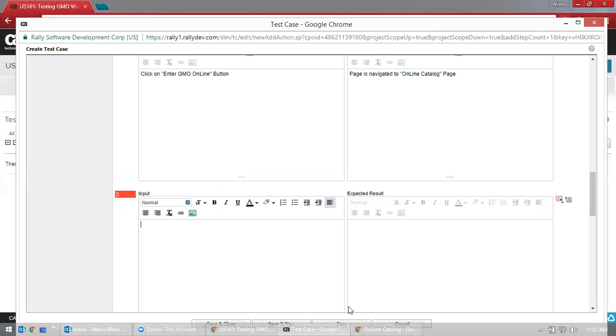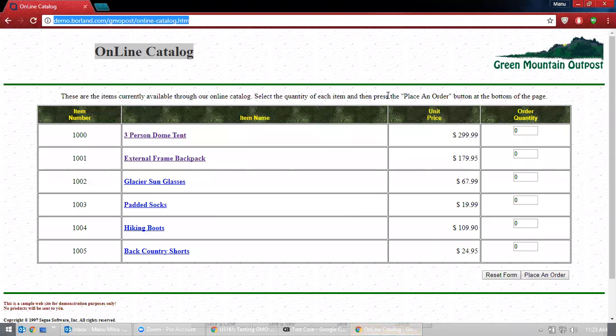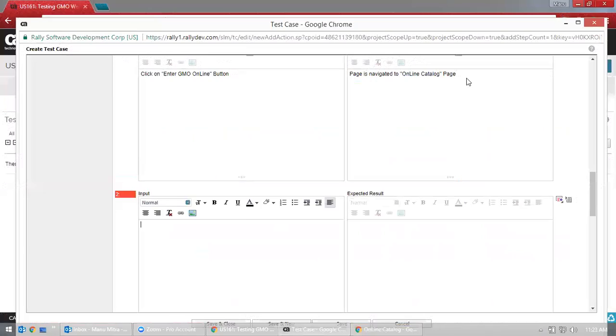What is the input and what is the expected? So now we have already entered in this page. So I want to put, let's say, 10 here. So I want to write a test case for this. So you know what I'll put in? Enter the value for